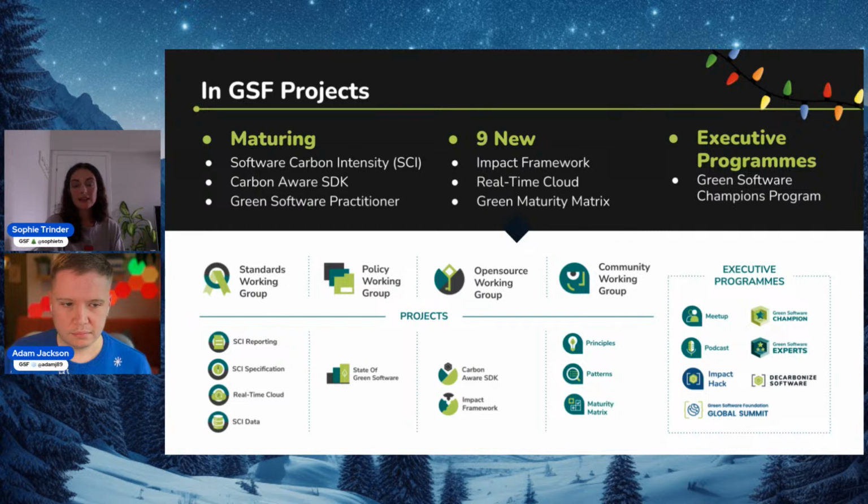The SCI, the software carbon intensity, has recently been approved by ISO, and so will soon find its way into that catalogue. We've got the Carbon Aware SDK, the one I mentioned earlier, that helps software developers reduce the carbon footprint of applications by providing the intelligence in order to run things at different times and in different locations where the carbon intensity is lower. For the Carbon Aware SDK, we hosted the hackathon last year. We've released version 1.1, and in just a few weeks, we'll be releasing version 1.2 of that SDK.